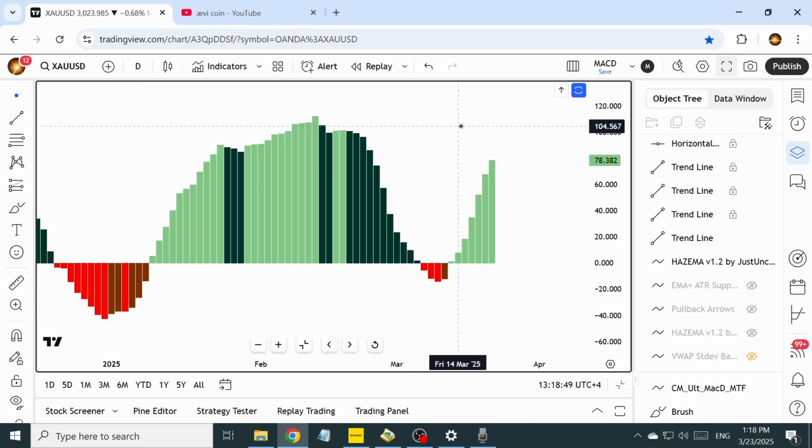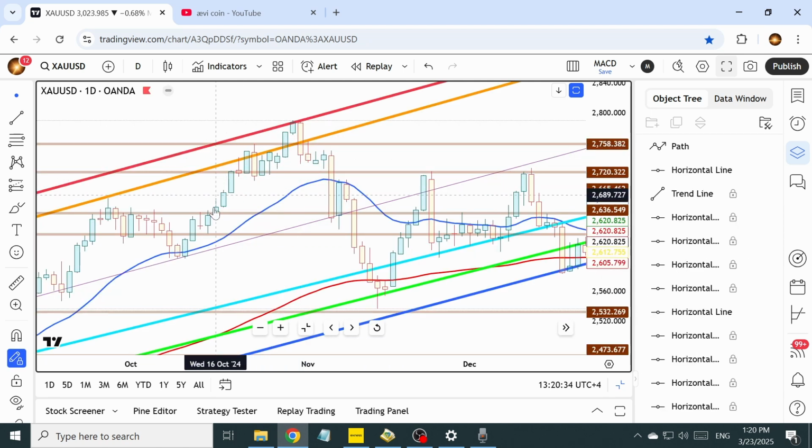It all depends on where the price is going to take the support and how fast it will reach the mid and the bottom of the channel. As we have seen in the past, the price touched the upper side of the channel,